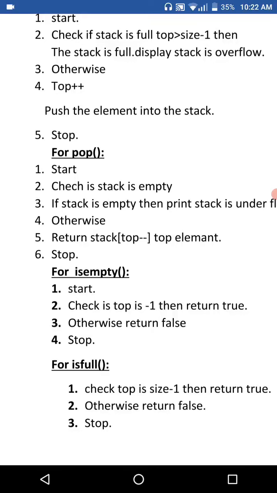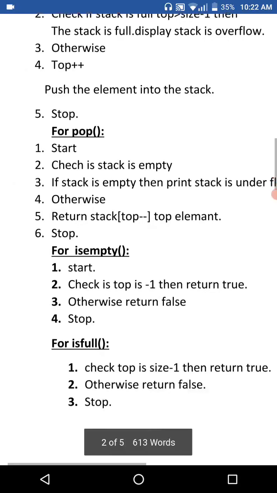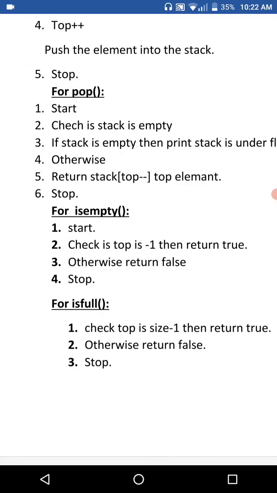So we have to remove the element from the top. Here, stack is a class and a data structure, and from the top we can remove an element. In this case we have to check one thing: is empty. What is empty? If no element exists in the stack, that is the is empty condition. Stack empty stands for top is minus 1, that we have to check. If top is minus 1, it returns true; otherwise it returns false.